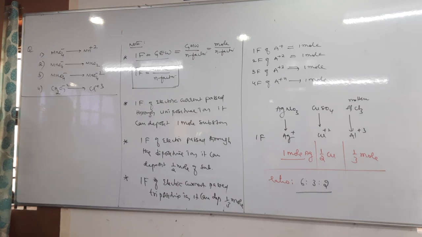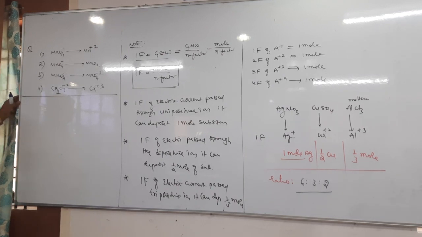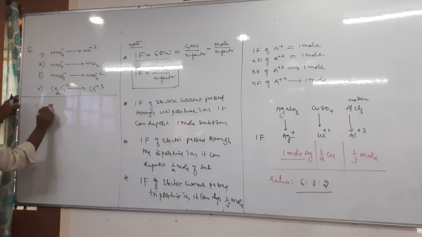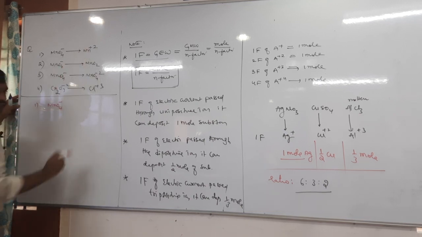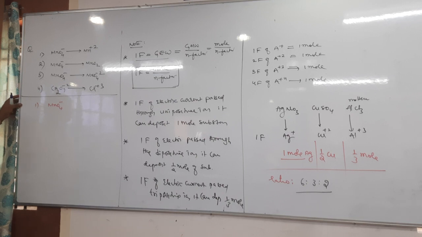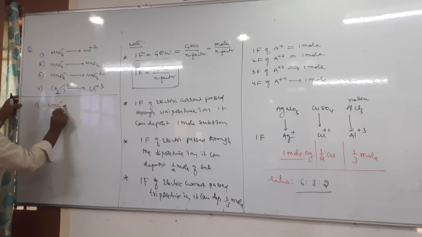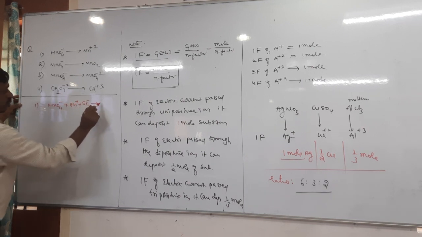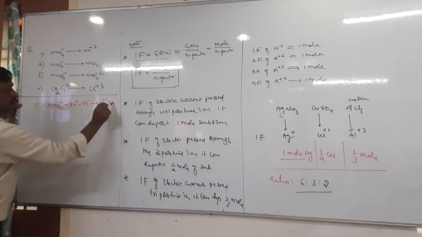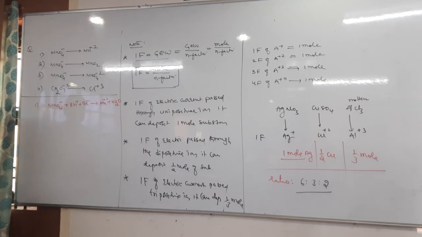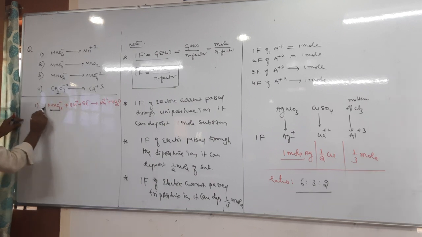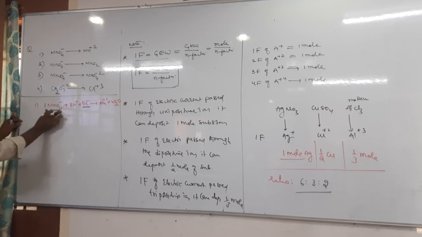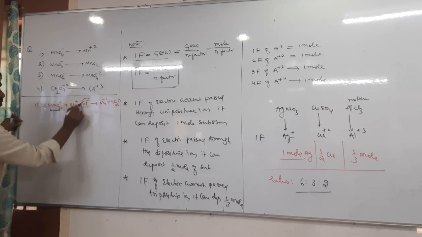Okay, to understand this, in redox reactions we have written equations. Those equations are helpful here. Say one, MnO4 minus converts into Mn plus 2. Can you tell me which medium it is? Acidic medium. In acidic medium, what is the equation? MnO4 minus plus 8H plus plus 5 electrons gives rise to Mn plus 2 plus 4 water. It means if you take 1 mole of MnO4 minus, it requires 5 moles of electrons. 1 molecule, 5 electrons. 1 mole, 5 moles. 5 moles of electrons is nothing but 5 Faraday.